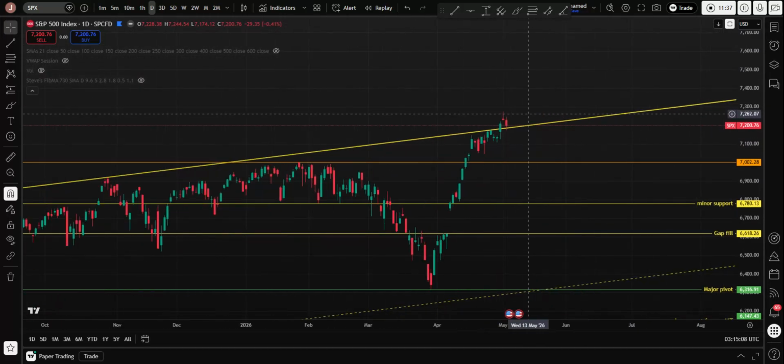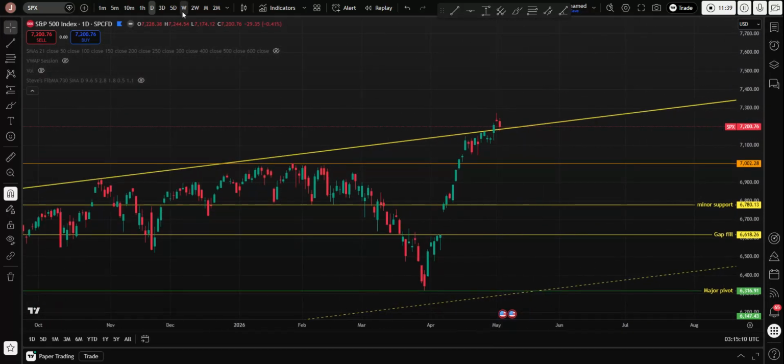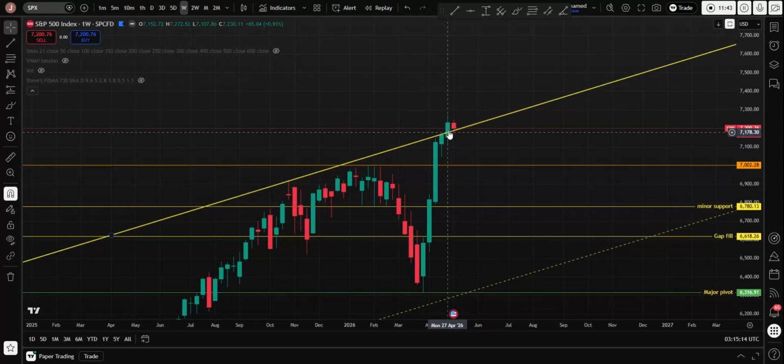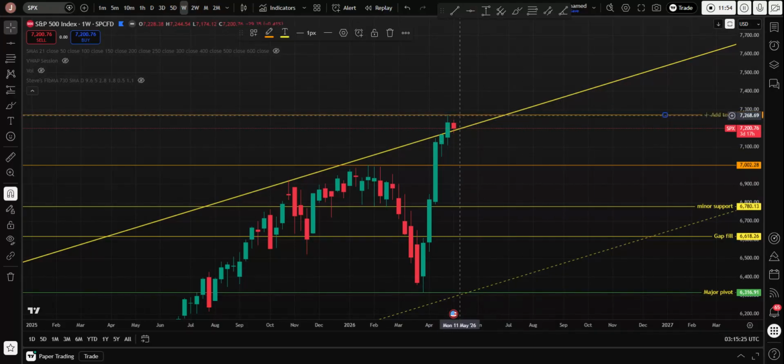So for me to stop out of my short, I would need to see weekly closes above the parallel channel. We have one weekly close above this parallel channel, but I want to see multiple weekly closes. Like on our other videos, I want to see a confirmation, right? So any close above the high from this breakout candle from the week from the parallel, which is around